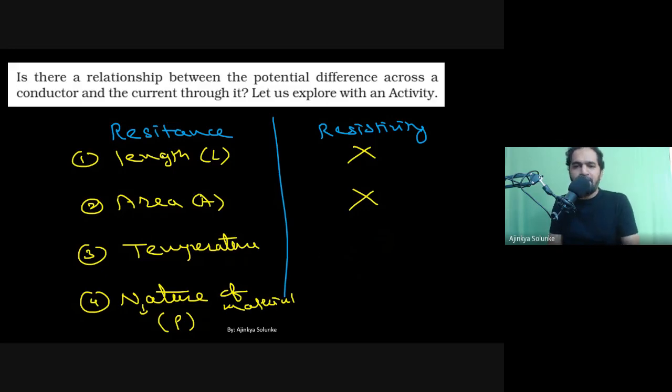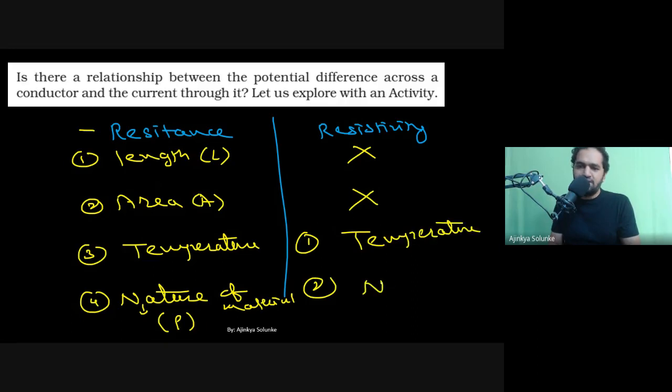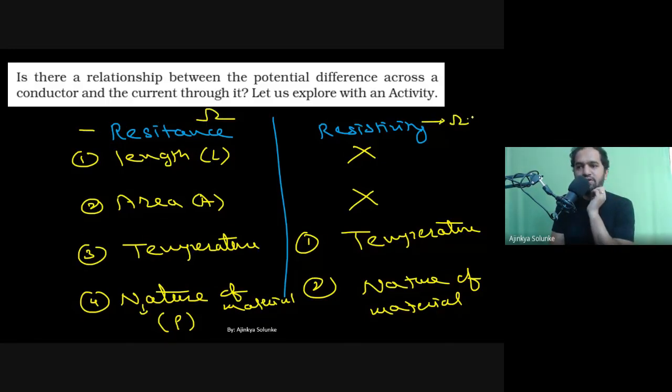So can we say resistance has four factors on which it depends: length, area, temperature, nature. But resistivity depends only on two factors, and that is temperature and nature. Only temperature and nature, nothing more. So have you understood the difference between the two? That resistance depends on whom and resistivity depends on whom? Let me know, because in the exam you can use these things to distinguish between the two, and you can even throw let's say the unit of both of them. Unit of resistance is ohm and unit of resistivity is ohm meter. Okay, so these are the 2 points which you need to write down in the exam, let's say according to the necessity.